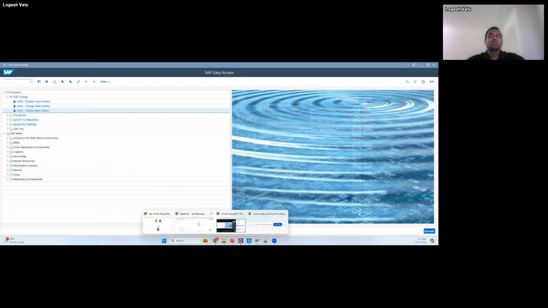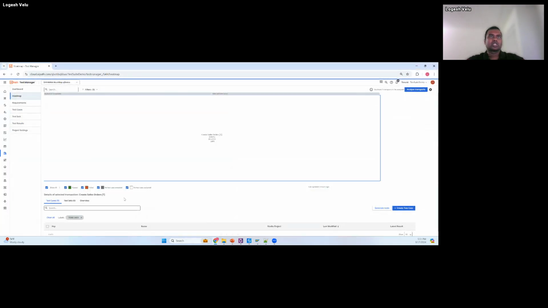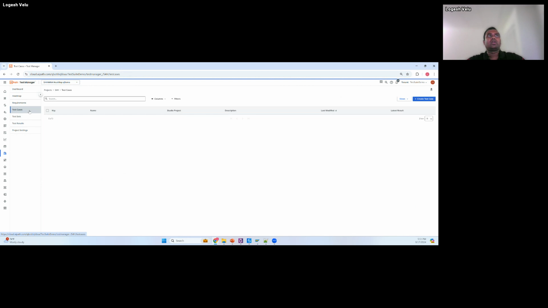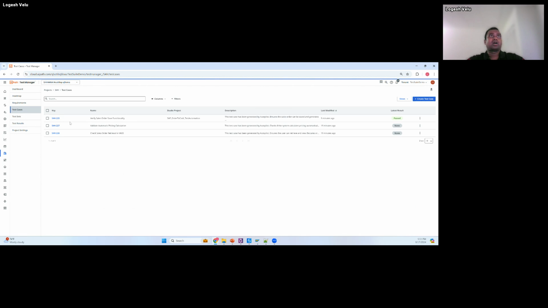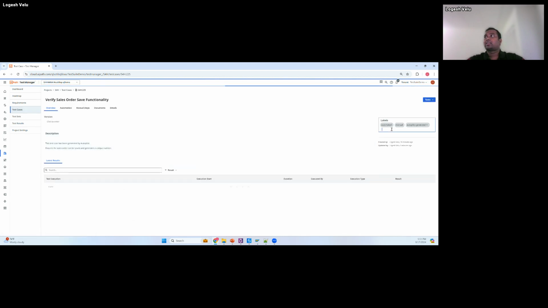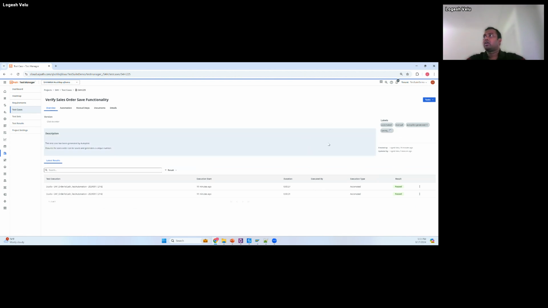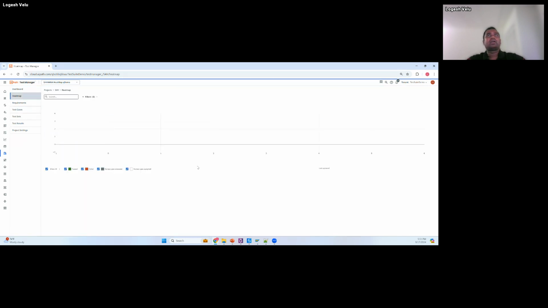So this label is automatically created by the test suite through this plugin, and you just need to use this same label in your test cases. So if you go to your test cases, let's say this is my test case that we executed a couple of minutes back, right? And it's in passed status. I'm just going to add the label here, tran and va01, which is going to be my create sales order component. And as soon as I complete it, if I go back here and click on heat map,